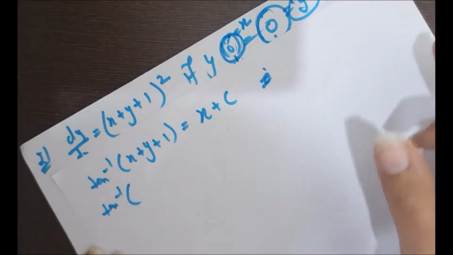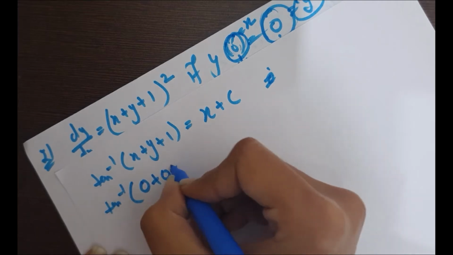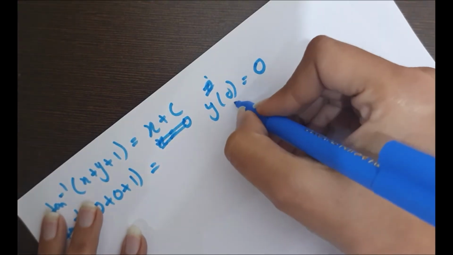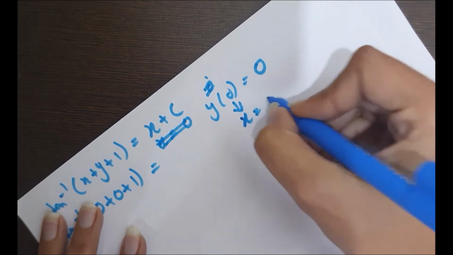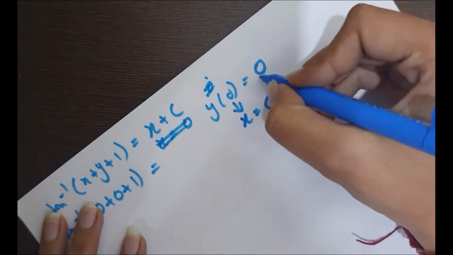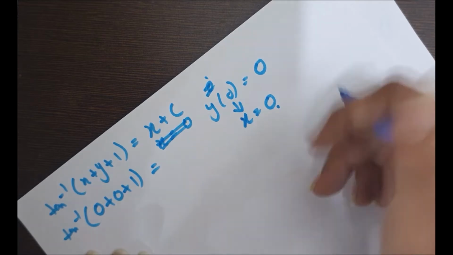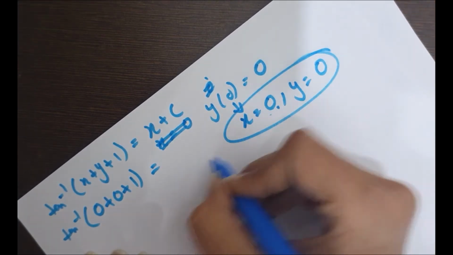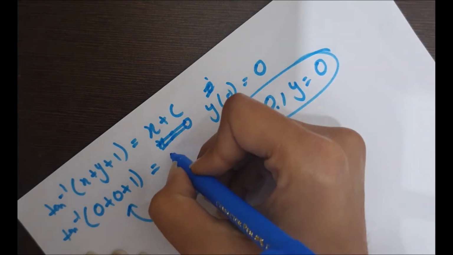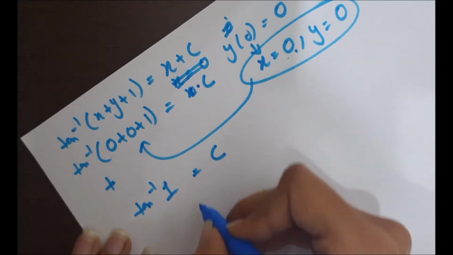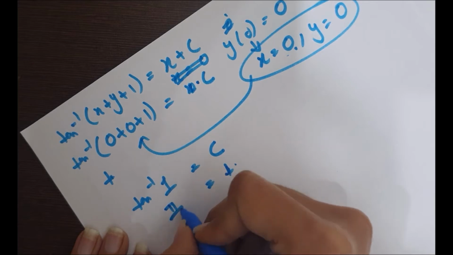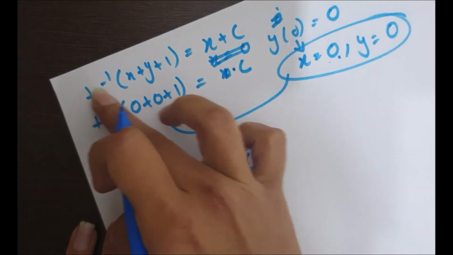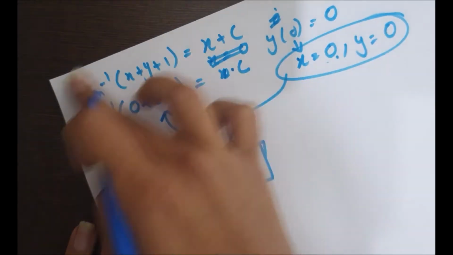These initial conditions are given to find the value of c, that is y(0) is 0, which means if we put x equal to 0, then y comes out to be 0. So for this we have to put x equal to 0, y equal to 0. Here we put that and we got tan inverse 1 is equal to c. So tan inverse 1 comes out to be pi by 4. So the c value comes out to be pi by 4. So we have to put this c value in this solved differential equation.